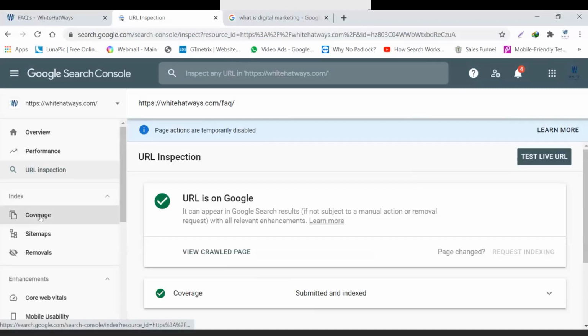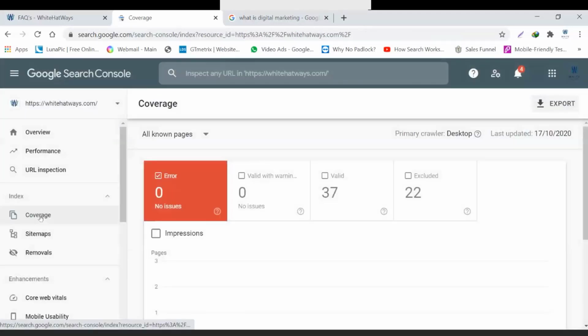Let's move to the coverage. So what is coverage? In coverage, I see whether a particular page is facing some issue as far as getting indexed is concerned, and if it is facing some issue, what the issue is. Over here, all sorts of errors with respect to the indexing of a particular page are going to be reflected. As it says, there are 0 errors. In case there are errors, I obviously need to resolve them and check them out. But normally we would not tend to have any errors as far as coverage is concerned.